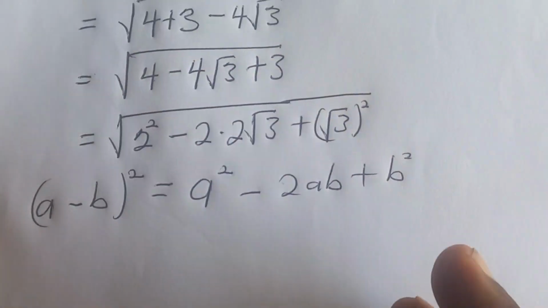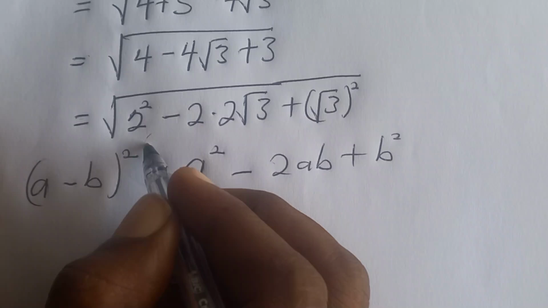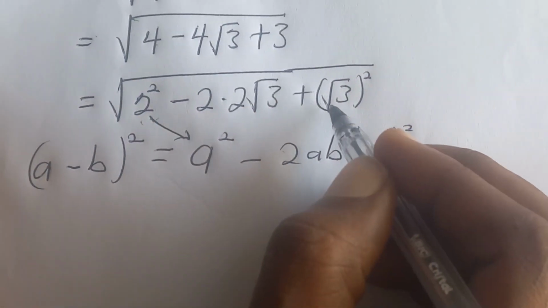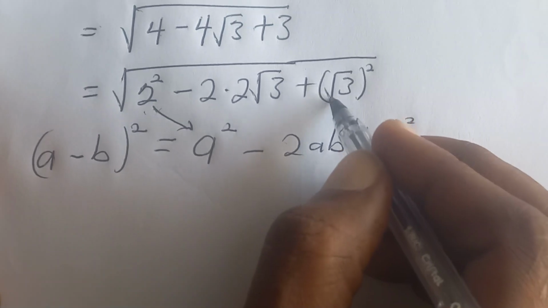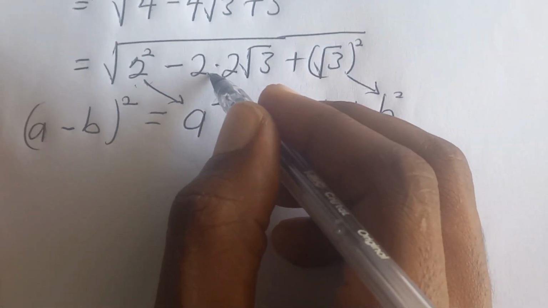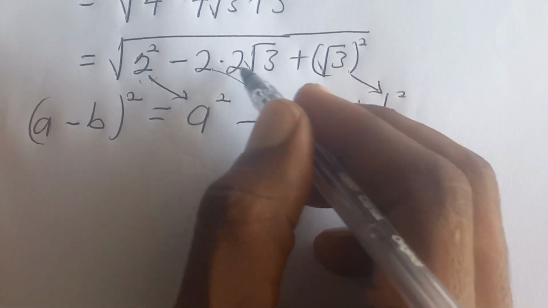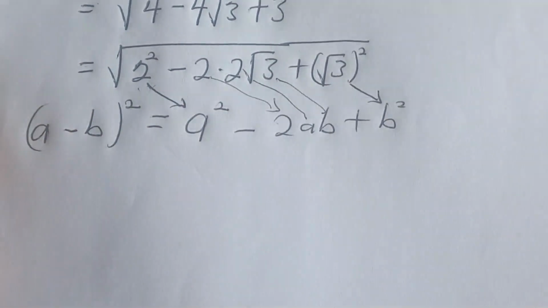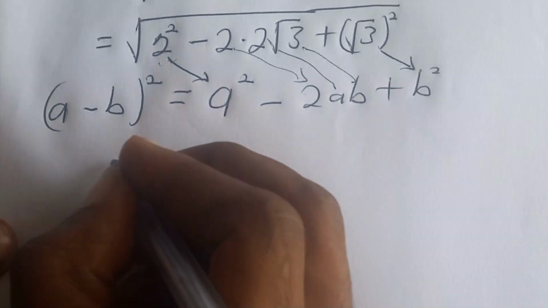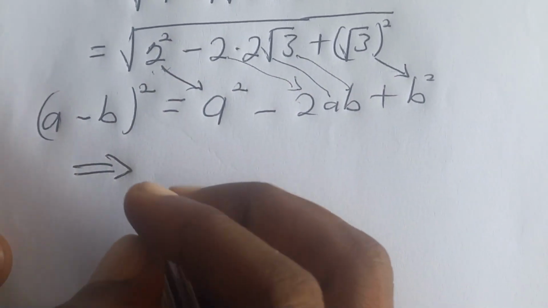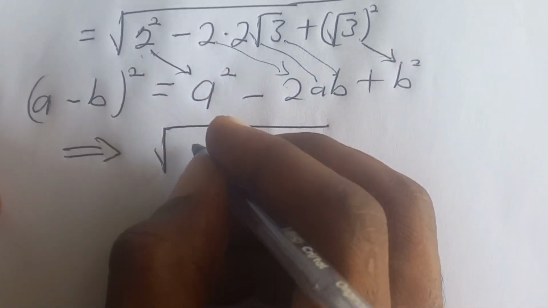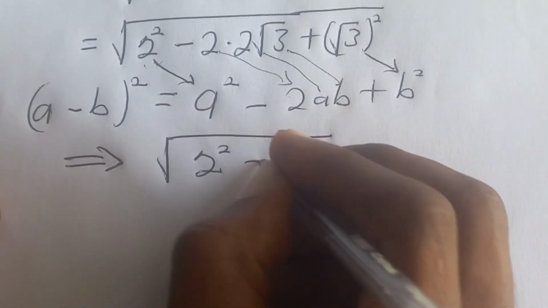Now, let's compare this to what is under the bracket. You can see that our 2 squared is this, then the square root of 3 squared is this, then our 2ab is this, like this. You see? So our equation now becomes square root of, so it will be 2 squared minus